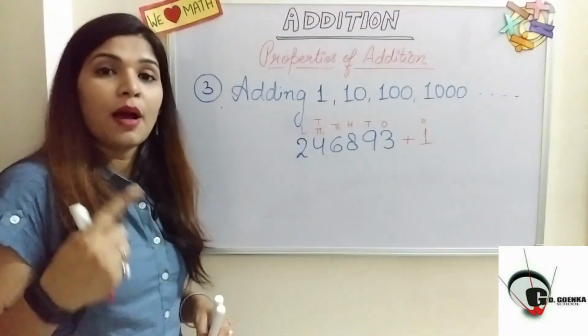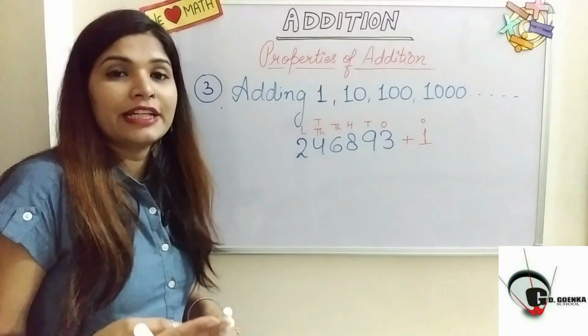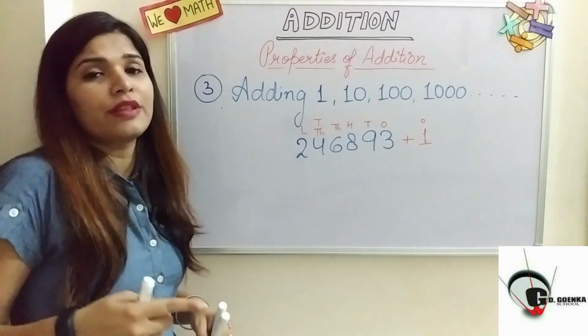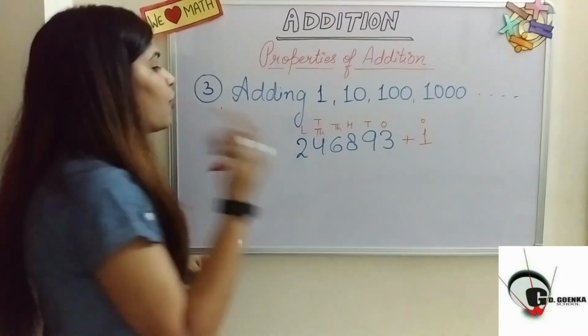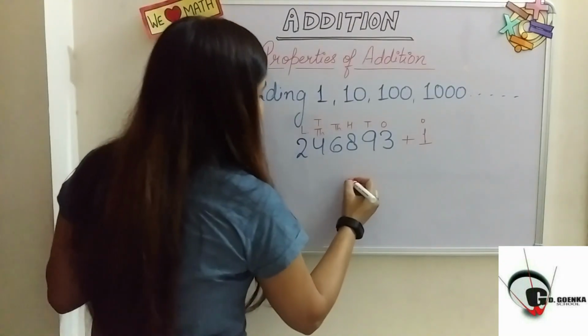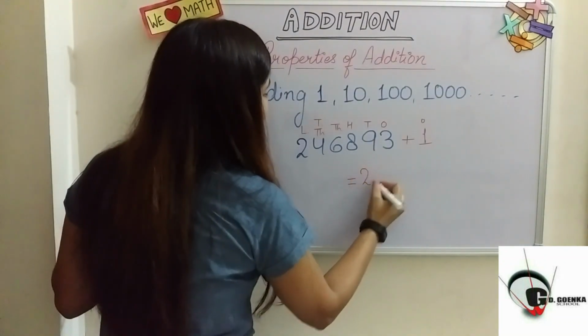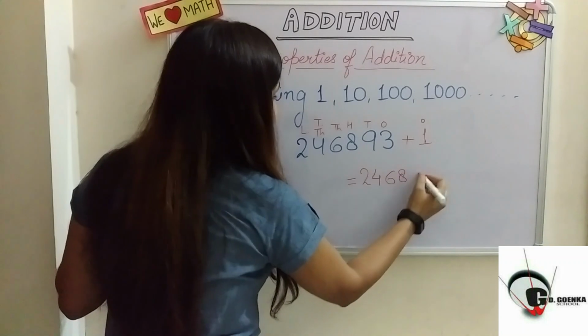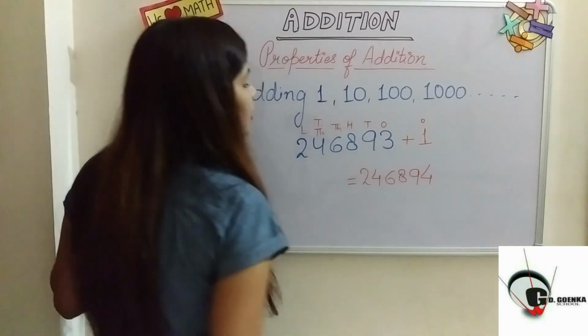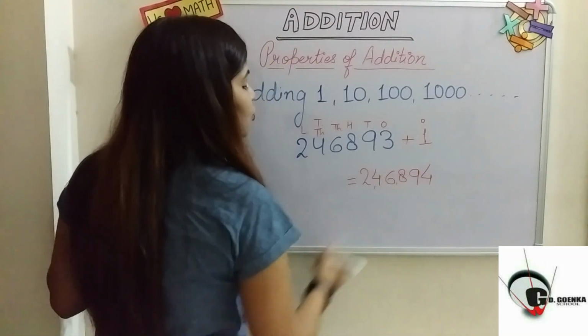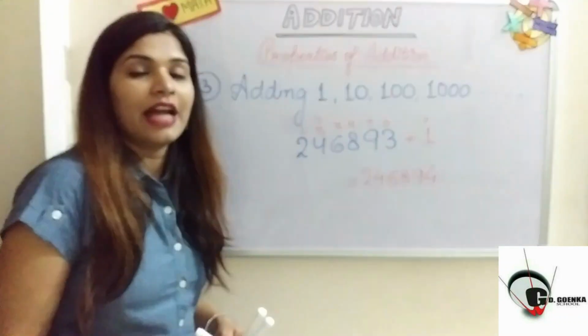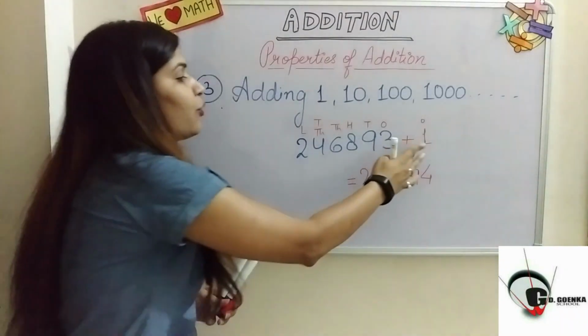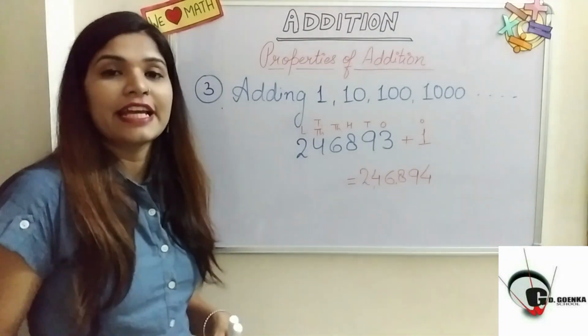Successor means the number which is next to that number, or the number one more than that number. So what answer will I be getting here? I will get the answer as 246894, that is 2,46,894. That means when we add 1 to any number, we get the